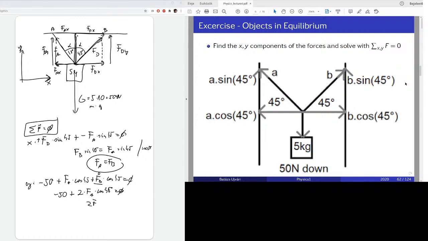2FA times, let's calculate, this is square root 2 over 2 and this is 50, sorry. So if you multiply with 2, this is 100, then divide with square root 2, 2FA equals 100 divided by square root 2. Let's divide again with 2. I will come here since the table ends. FA equals 50 divided by square root 2. And if you calculate what is 50 divided by square root 2,